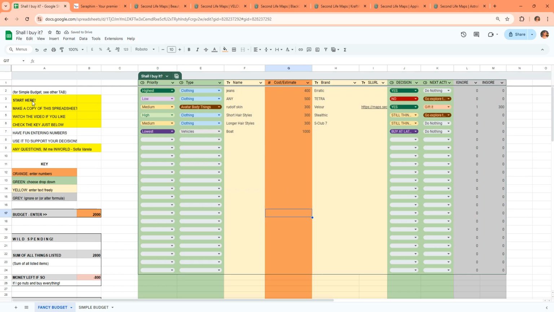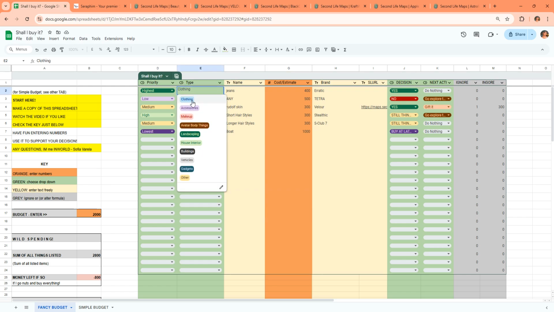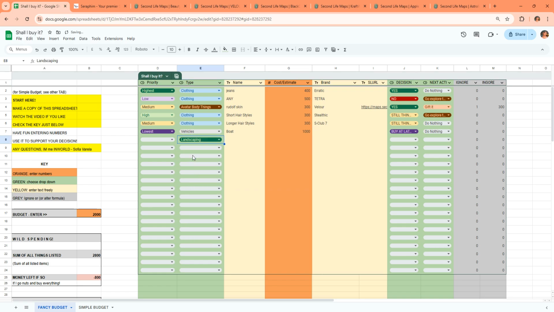And then up here, what you do is you just go through this and you think, okay, what are the different things I want to get? Say clothing. I might want to also get some landscaping things. So for example, if I come down here, I might say landscaping, and I want to get a bridge. I could put